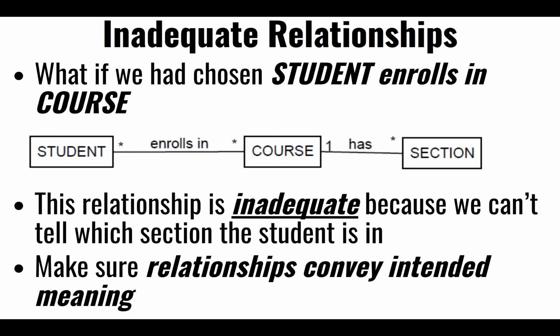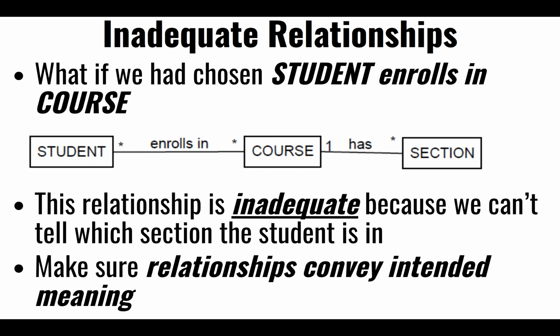right? So for instance, something that might have been a legitimate way of interpreting the phrase that a student is enrolled in a course. Student is enrolled in a course. We might have come up with something like this. This might be a perfectly fine interpretation. And you might say, well, actually, no, a student might be enrolled in many courses, right? And a course might have many people enrolled in that course. And then it says, oh, wait a minute, but there's a section around here. So track that there's many sections for that one course. So you might handle it on that side, and this might be a completely reasonable way of interpreting this, right? But once you start